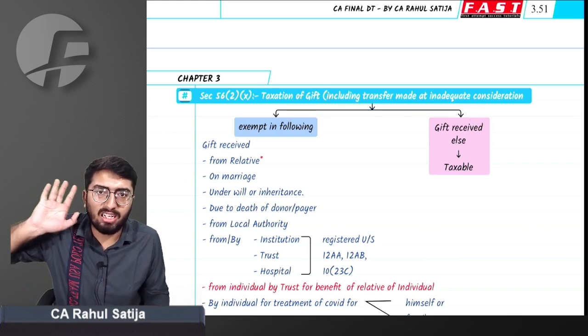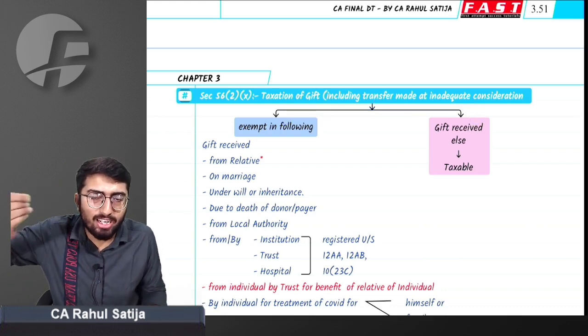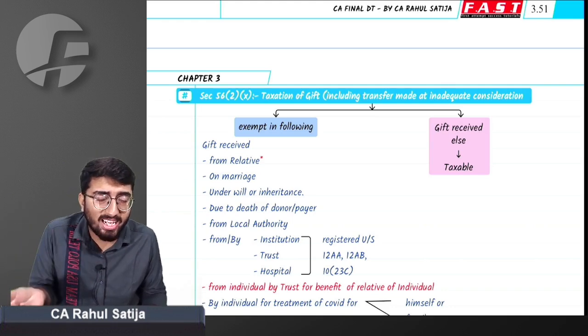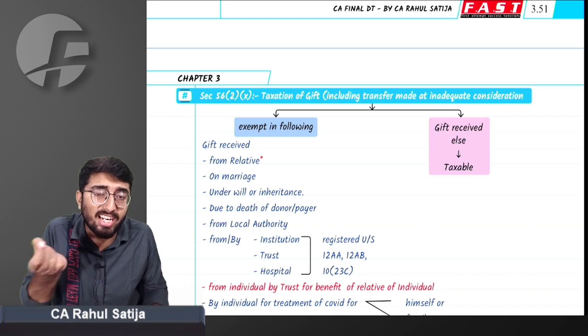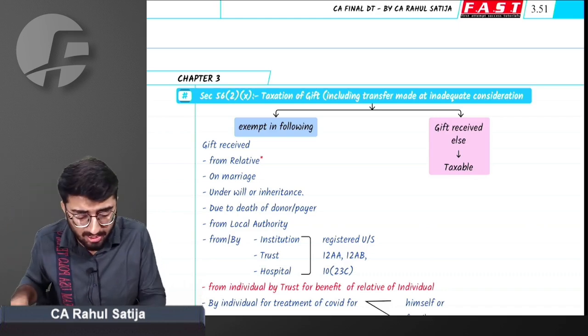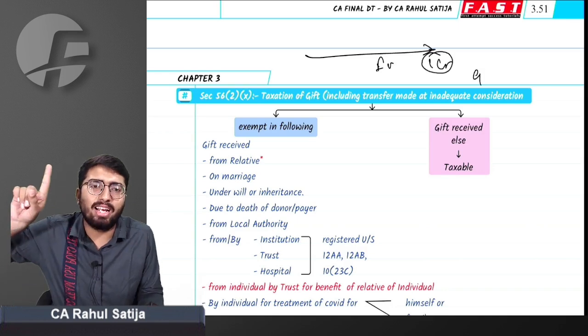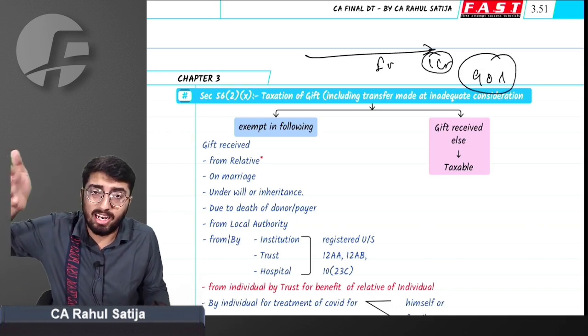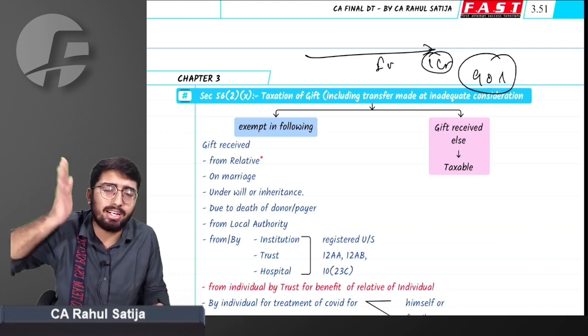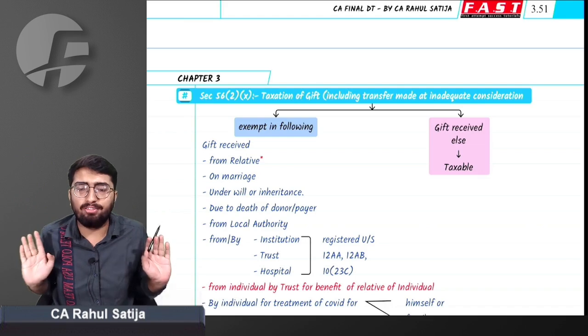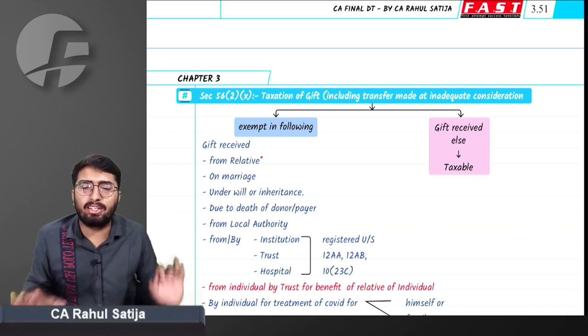See, whenever you receive a gift, for the purpose of understanding gift taxation, any kind of property, any kind of asset received free of cost will be gift, or any kind of asset or property received for inadequate consideration will also be treated as gift. For example, property has FMV of rupees 1 crore, but you are receiving it for 90 lakh rupees, then 10 lakh will be gift. So gift implies anything received for free or for inadequate consideration.